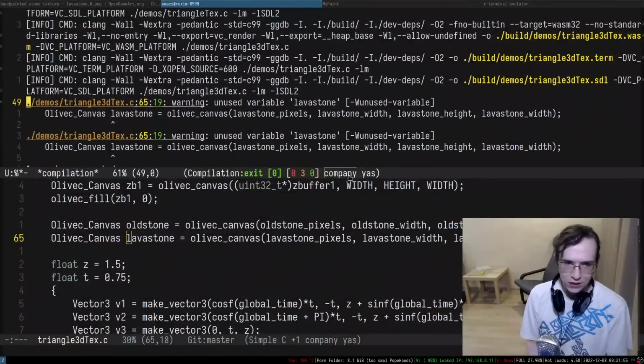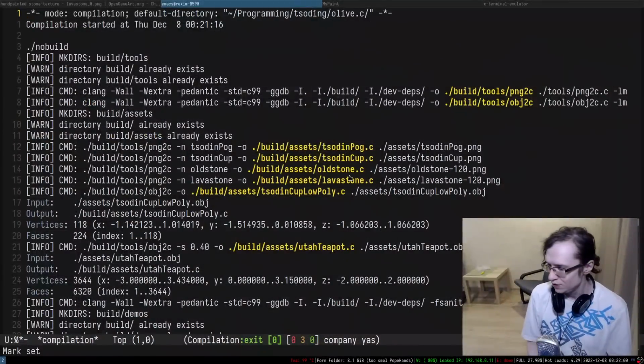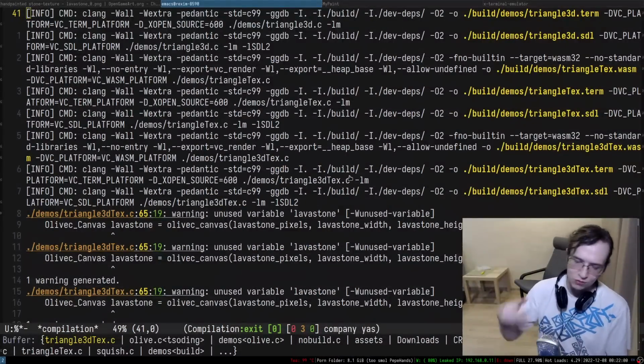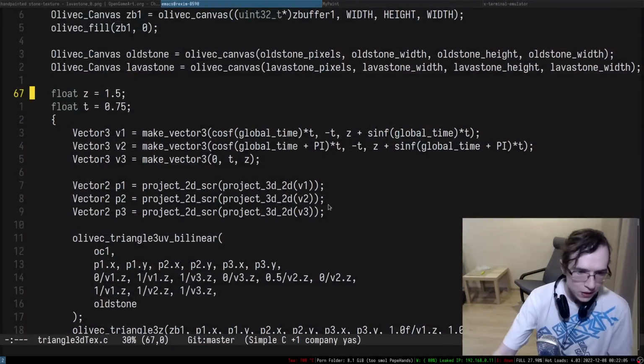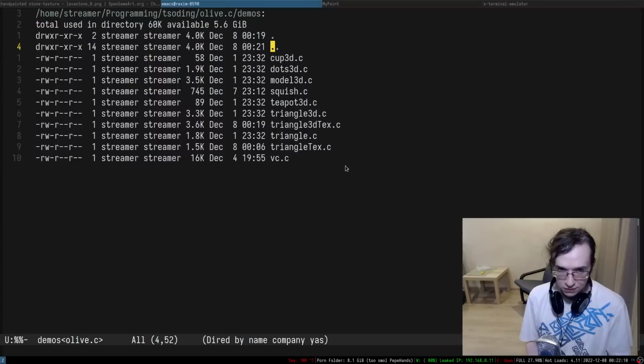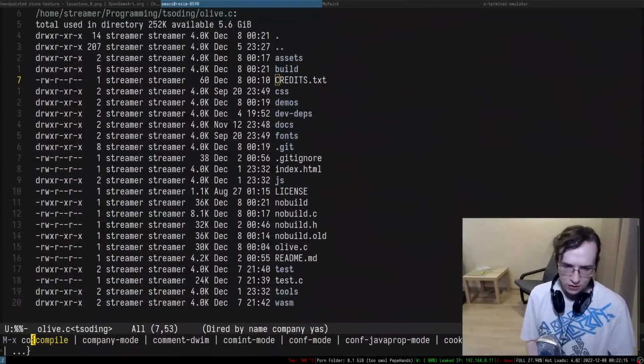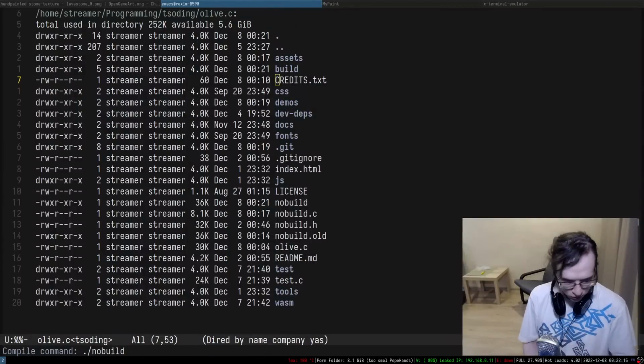Alright, as you can see, I just rebuilt the entire project with C code. So all of that is printed by C code. Right? C code just runs other compilers and stuff like that. Anyway, so let me actually see. So it complained that I don't use old stone. Oh, it complains that I don't use lava stone. Okay, so let me run demo triangle 3D texture and